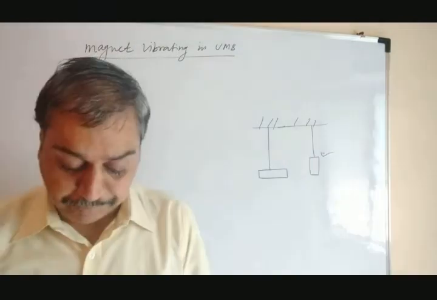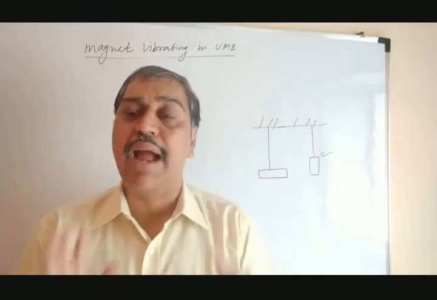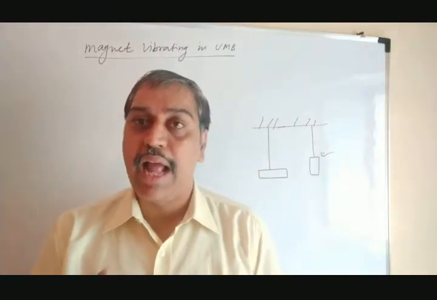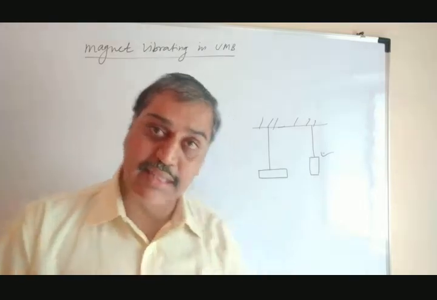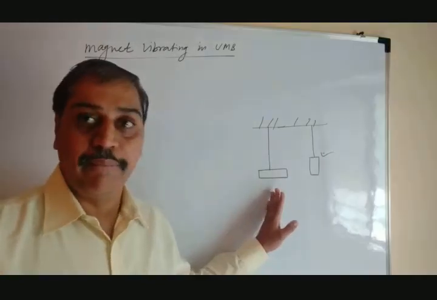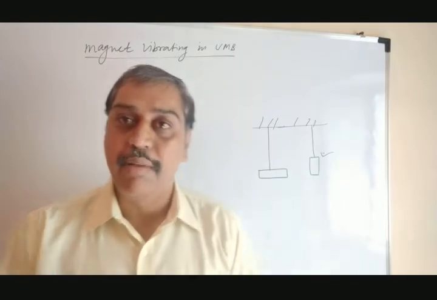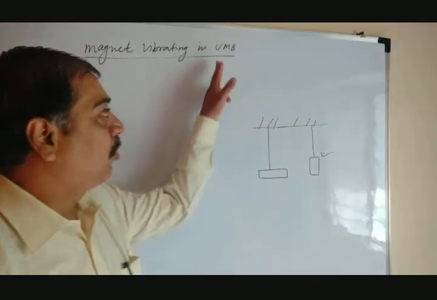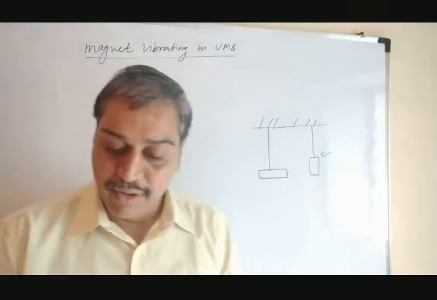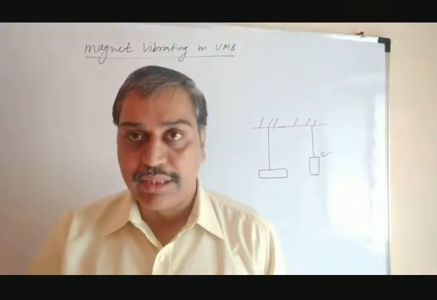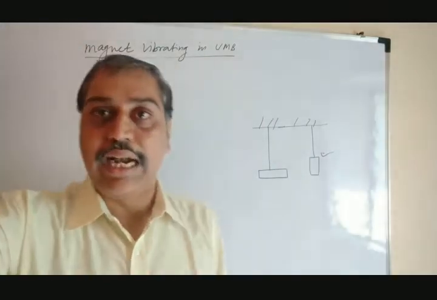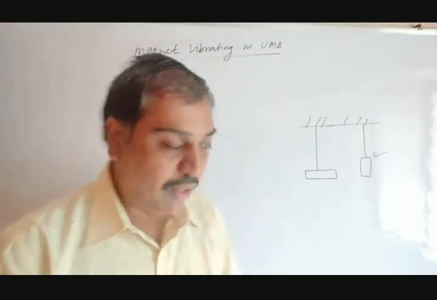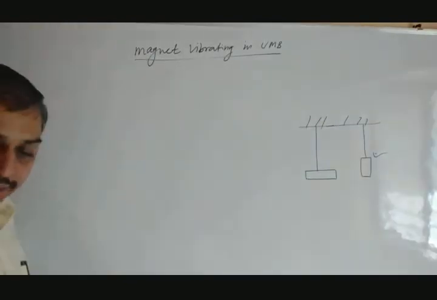Now remember, this is only the bar magnet hung from the rigid support, and it is kept in a magnetic field which is constant. That is said to be a uniform magnetic field. What will occur? In your book there is figure 5.12. In that case they have done the same thing. Let's draw the same diagram here.